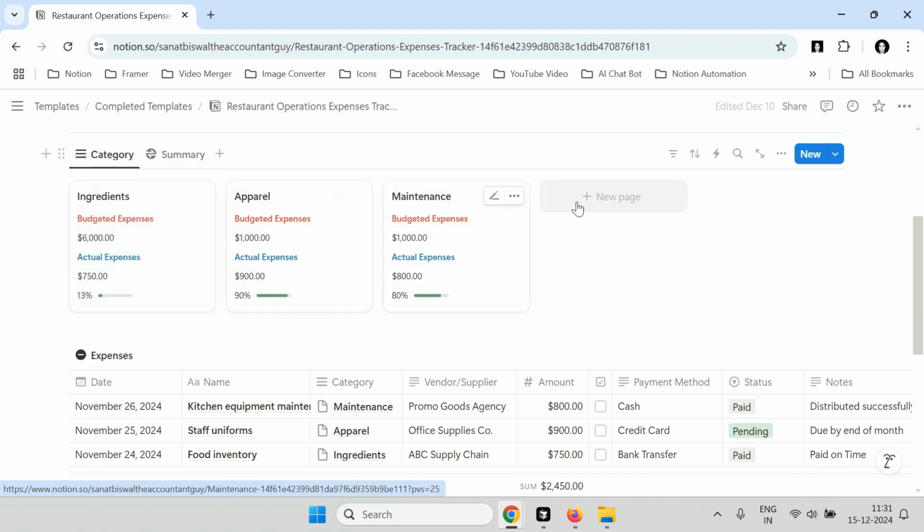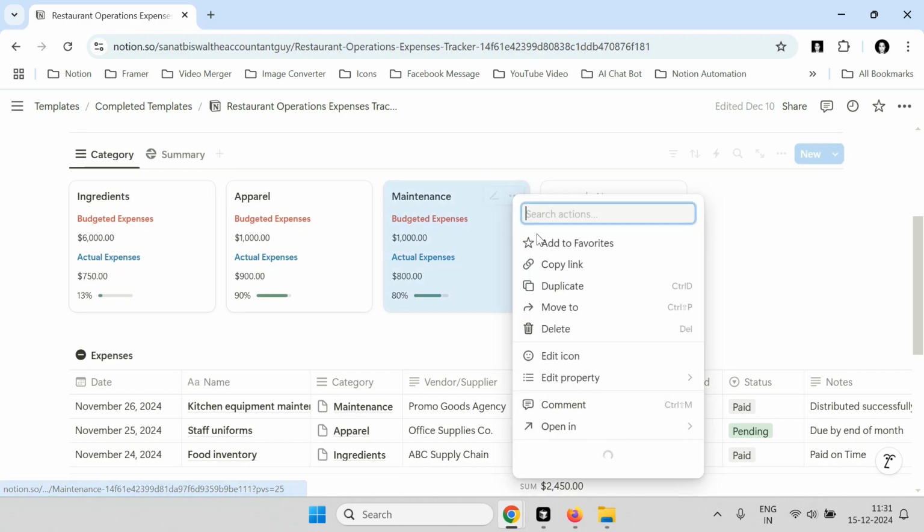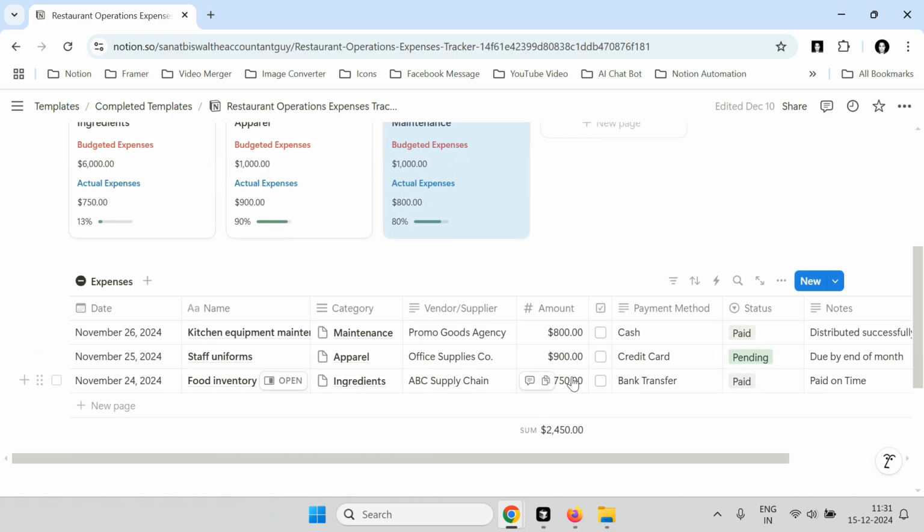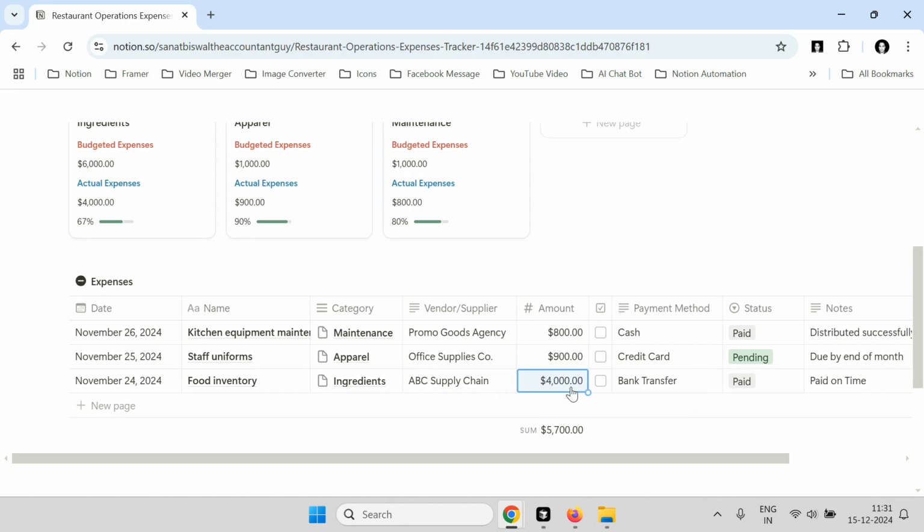If you want to add a new category, click on this new page to add a new category. And if you want to delete any category, click on this three dot and click on delete. The category will be deleted as well. At the same time, whenever you input any of the figures over here, all the expenses values will be updated dynamically. So I'm going to enter some of the values and you can see it is getting updated at the